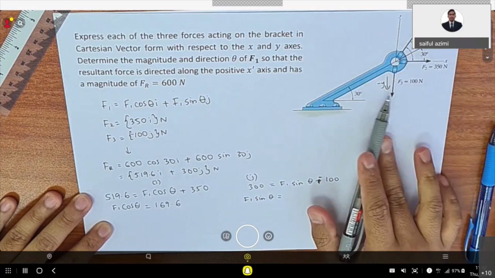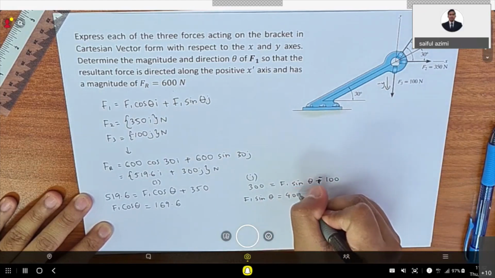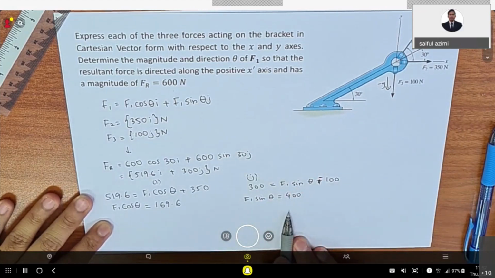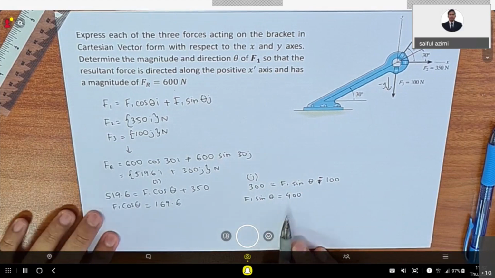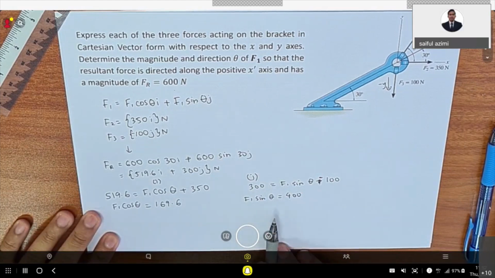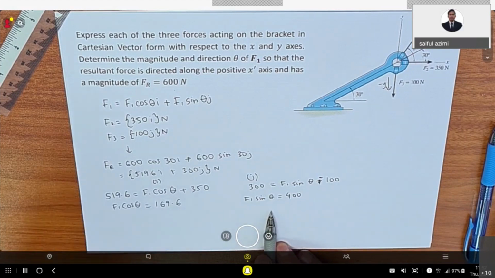So it is similar to the previous one. So this is negative 100. So you will get F1 sine theta equals to 400. Right. So next you have the theta. So F1 sin theta equals to 400. So theta is actually,